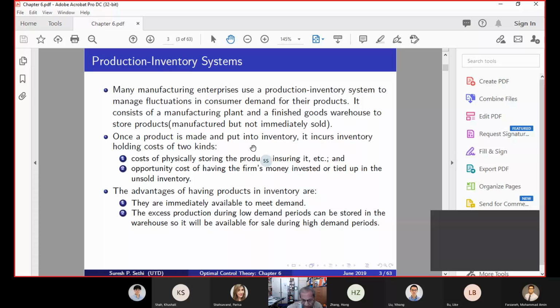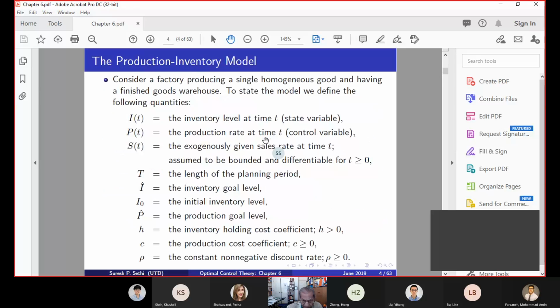So this is a production planning problem, a production inventory problem, where you try to optimize the production in order to meet a time-dependent demand. And you do have a warehouse where you can store inventory at some cost. The idea behind this particular model is that there are, excuse me,